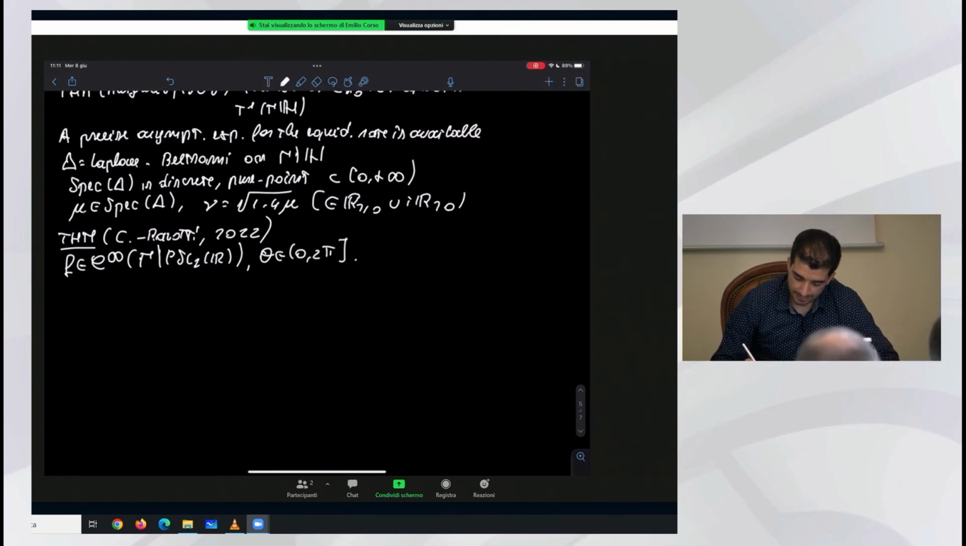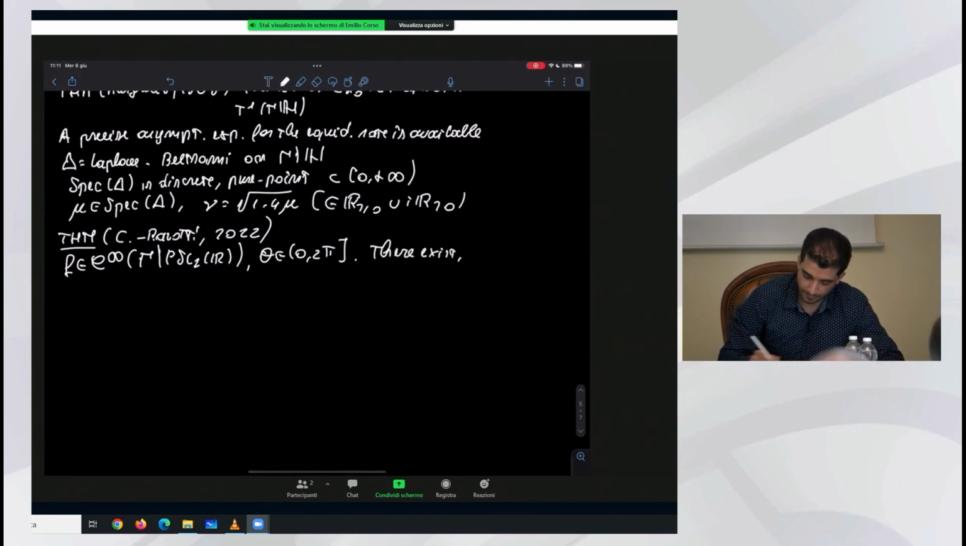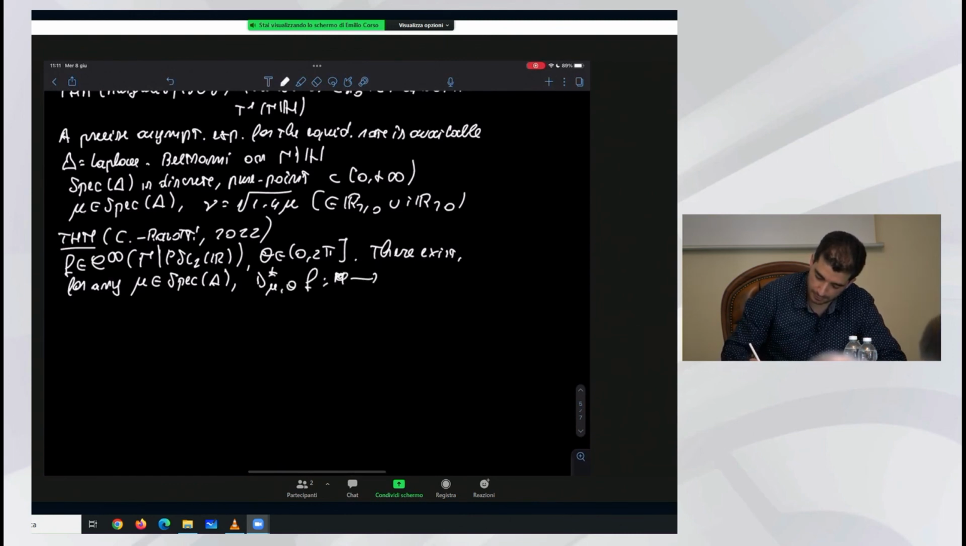Then the result is that there exist some coefficients, for any nu in the spectrum, continuous functions d plus minus mu theta of f from the surface, sorry, from the unit tangent bundle to C, continuous. So some coefficients such that